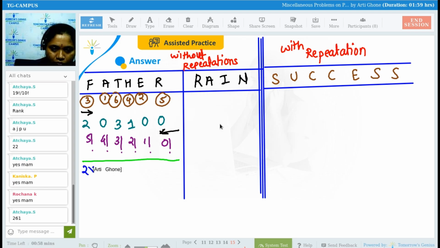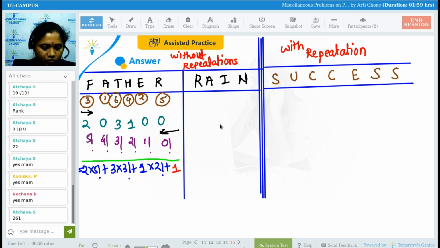5 factorial into 2, plus 0, plus 3 into 3 factorial, plus 1 into 2 factorial, plus that complementary one, which is a must in the rank. Clear? So what will be the answer? 5 factorial is what? 120 into 2, 240, plus 6 threes are